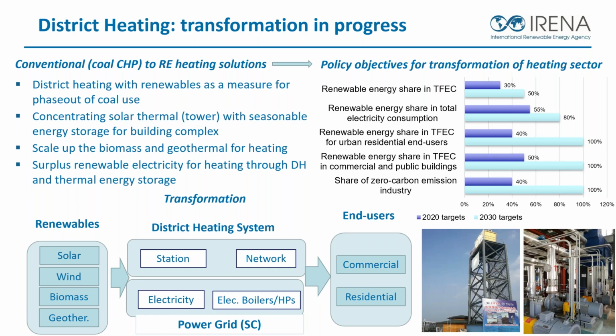They are right now already applied quite a bit, using surplus renewable electricity, mainly from solar and wind, through the electrical grid, and then using either heat pumps or electric boilers, and then with thermal energy storage, providing heat services to the consumers. So that's the way they do it right now. And for direct use, as I mentioned, biomass and geothermal could be the options.